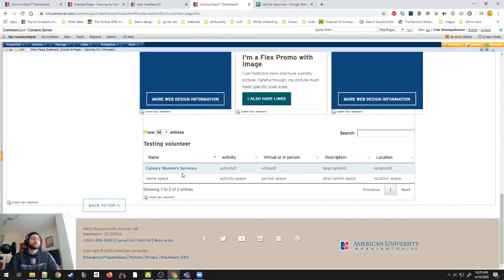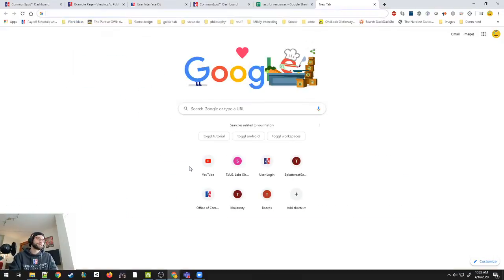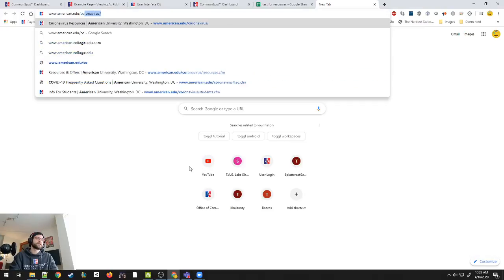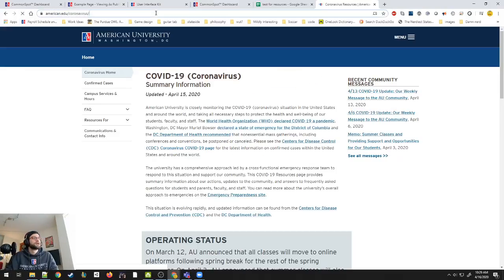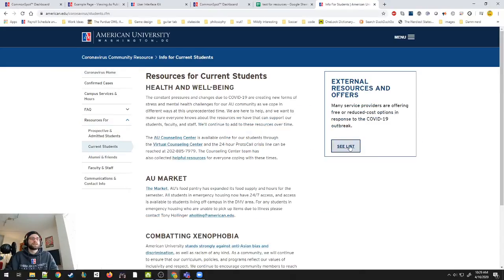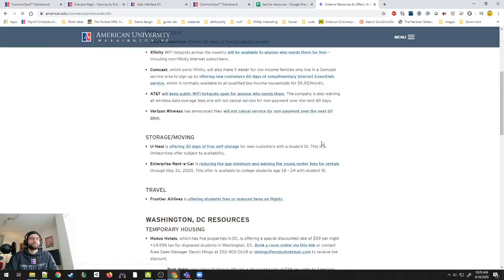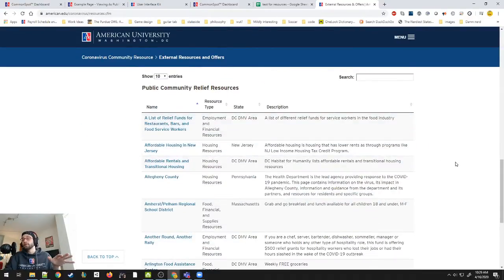Now, one other thing that people are wanting to do is like link to an opportunity, right? We're trying to make sure students have opportunities and that they can find it. The edu/coronavirus resources page has a really good example of how this has been used. If you're doing stuff that is specific for coronavirus, we need to work with them, so please contact me.